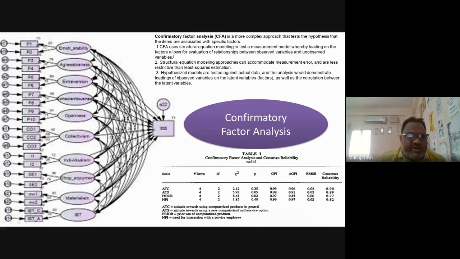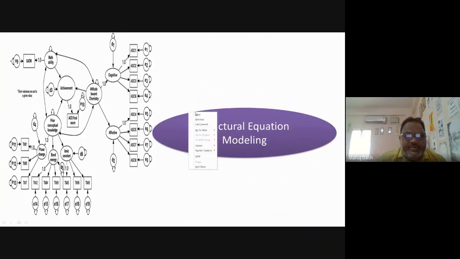Once you know these factors, then I want to develop the relationship among the factors. It means I want to find out whether a relationship exists between mathematics ability and achievement, or conceptual knowledge and achievement, or attitudes toward chemistry and achievement. These are the factors. So when you find a relation between factor to factor, that significant relationship can be tested through the concept called